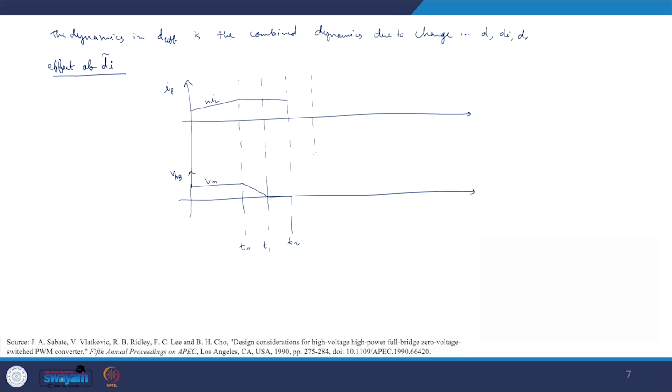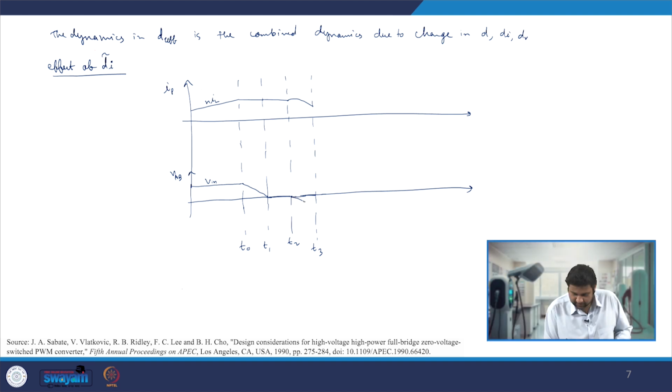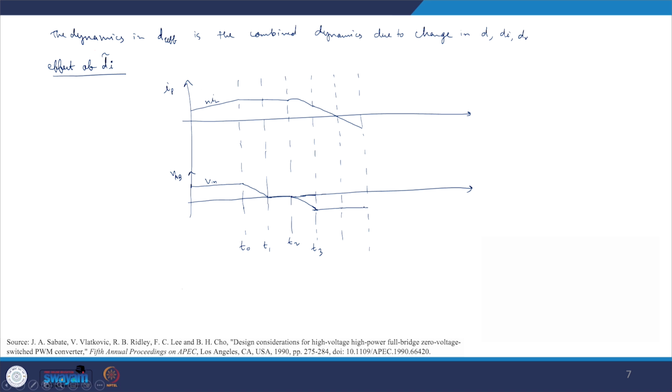At T equal to T2 my S4 switch turns off. Because of that there is oscillation. During this time my VAB will rise like this, and it goes to minus V in, at last. And after this, if you see here, my VAB goes to minus V in over here, and at that point we will see our current is linearly rising up till it goes to 0, and then finally it goes to T5, where again it is V0, and then it continues its operation.